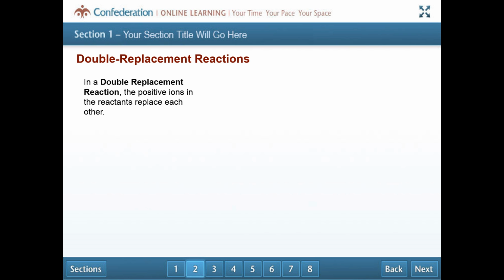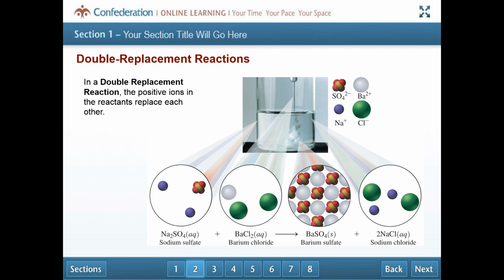And we'll look at a double replacement. Very similar to single, except now a double replacement is happening. The way I think about it is you can look at the positive ions and their switching places, or you could look at the negative ions and their switching places. Okay, so here, if we look at this reaction,